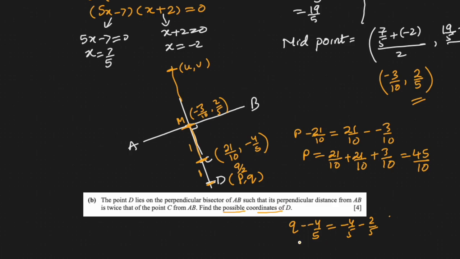Okay. So Q will be 4/5 negative, because there are two negatives it will become positive, but if I take it to the right side, minus 4/5. 4/5 minus 4/5 minus 2/5. So minus 10 minus 8 minus 2, minus 10 over 2, minus 2. So the PQ comes out to be 9 over 2 and minus 2. That's one